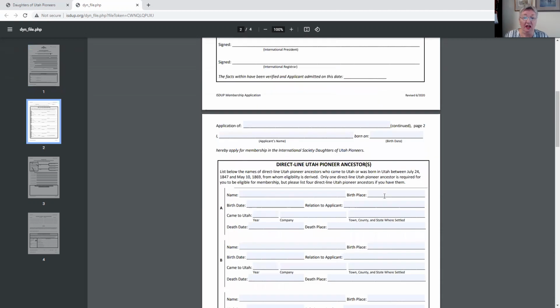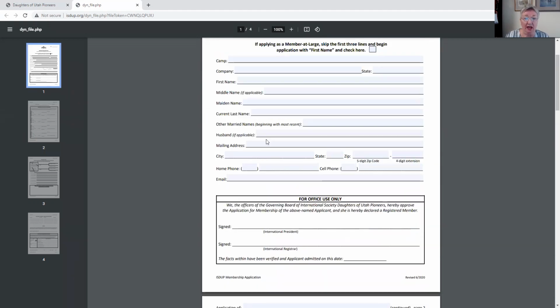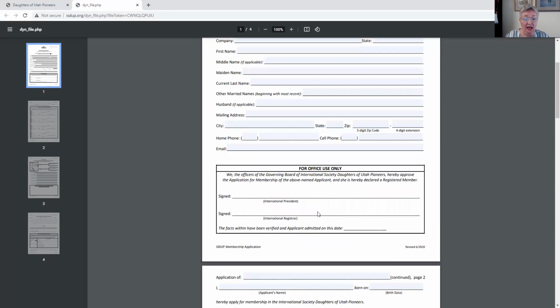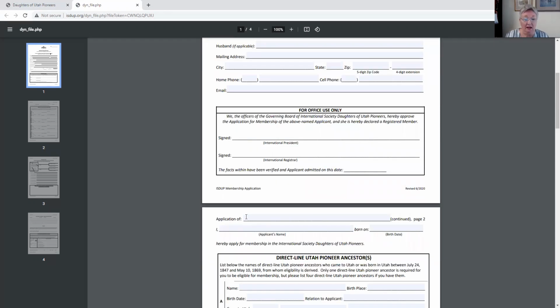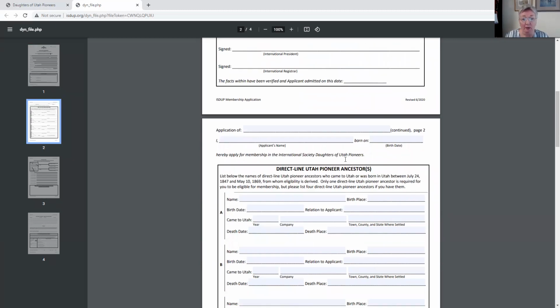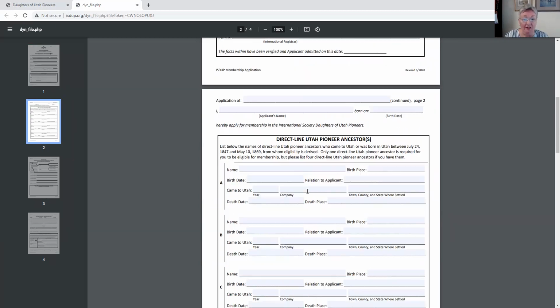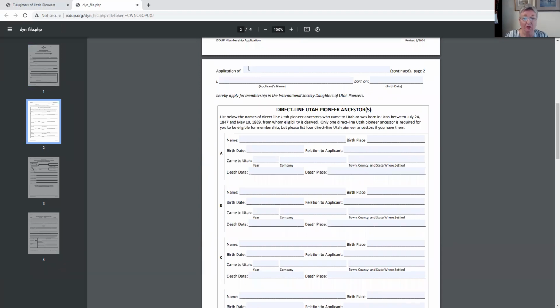Now, if you fill out an application, or if you start the application process on this first page, it will automatically fill in that person's name on the following pages. Or if it doesn't, for whatever reason, make sure it's filled in at the top. Now, here's what I really wanted to talk to you about.